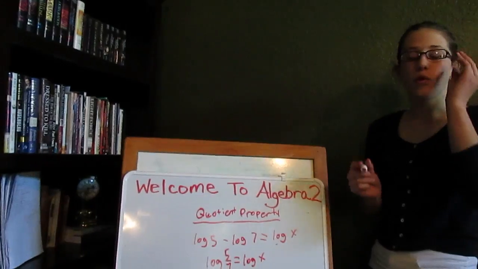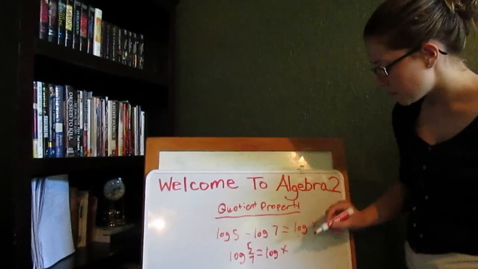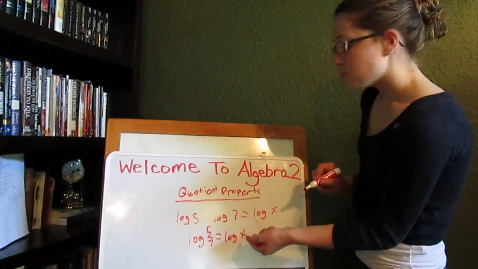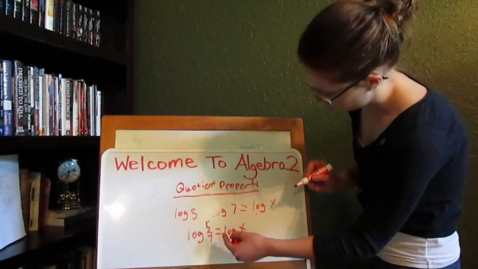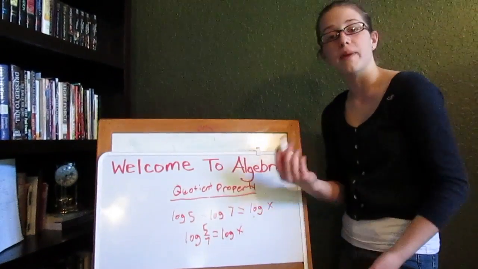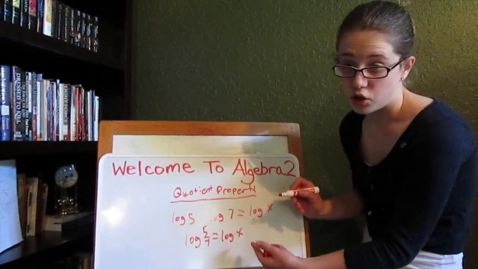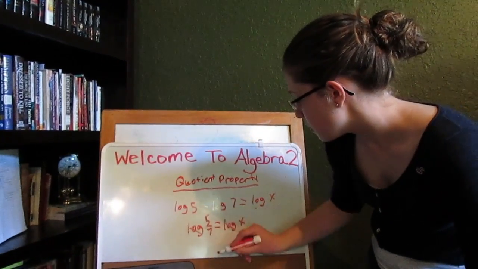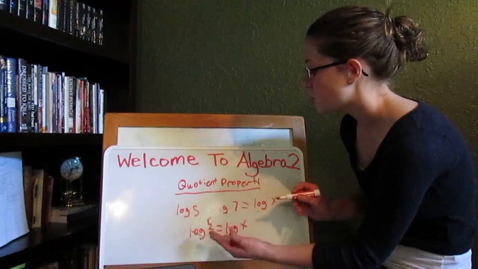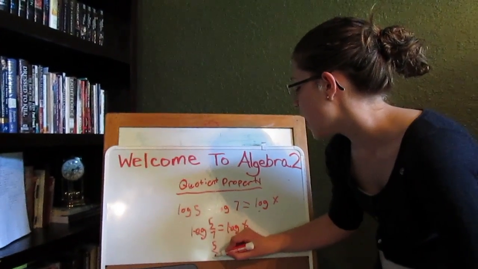Just as we have stated before, the equality property of logarithms says that if two logarithms are equal to one another and the bases are the same, the arguments are also the same. Eliminate the logarithm expression and the base, and you have